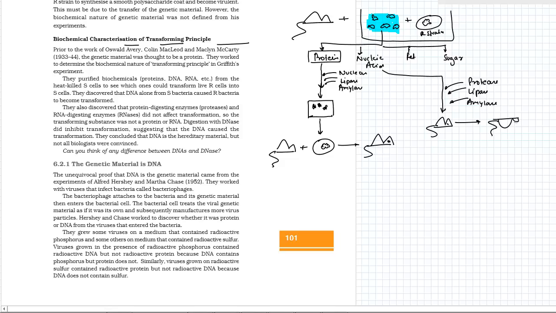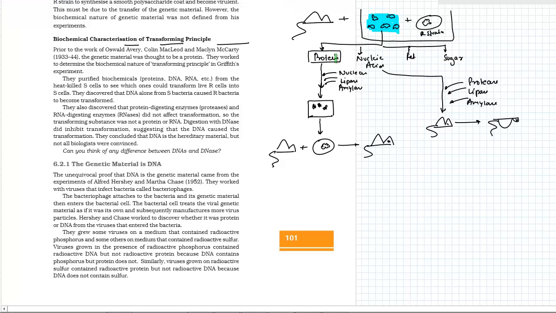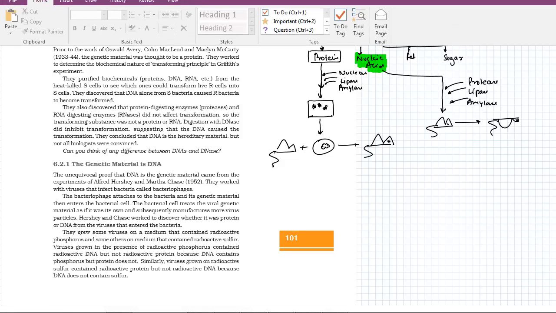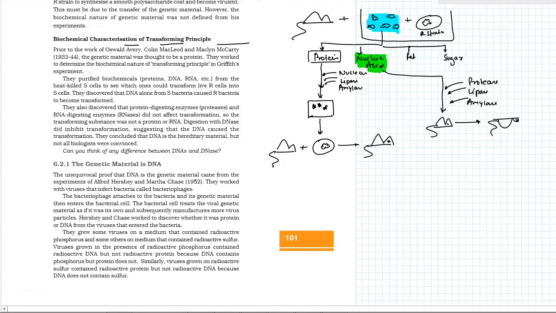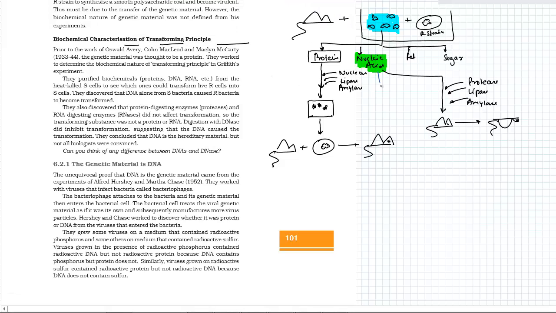So this is how they were able to show that out of protein, nucleic acid and fat, nucleic acid was the only macromolecule which was able to transform R strain bacteria into the S strain bacteria, and that's why nucleic acid was the transforming principle and nucleic acid was the genetic material. Okay, so this was the next experiment which defined that nucleic acid